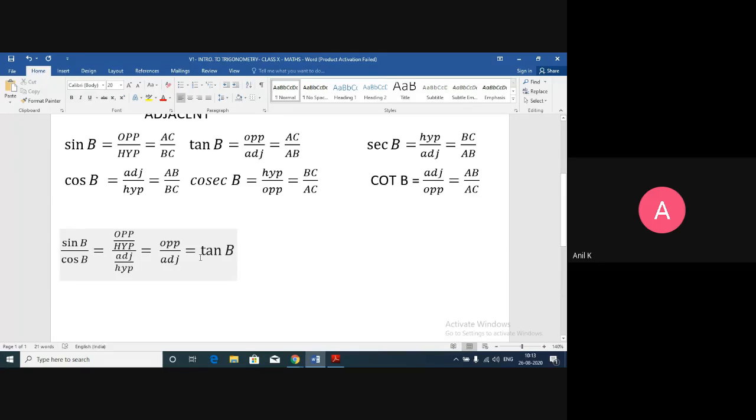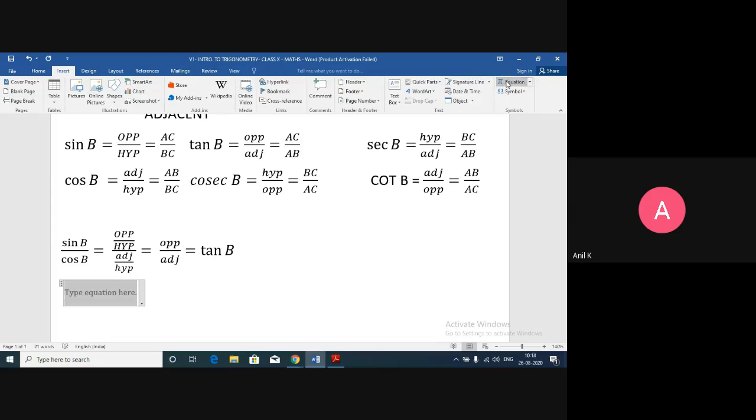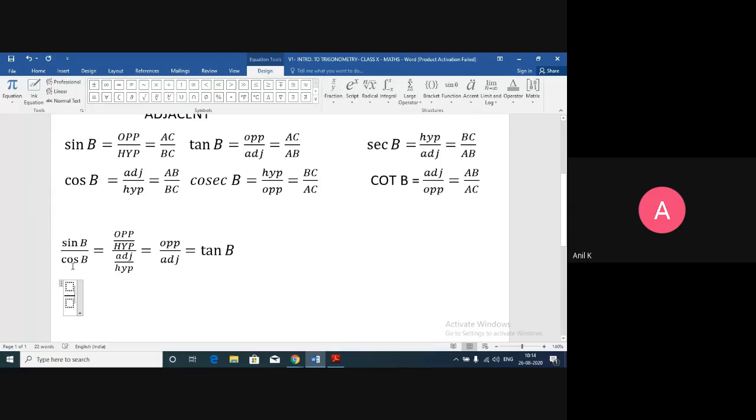Or wherever I see tan, if I want, I can replace it as sin upon cos. See, these relations I use mostly. Now, obviously, the next ratio I'll think of is cos upon sin. Initially I have taken sin upon cos, now I'll go for cos upon sin. So you will get cos B upon